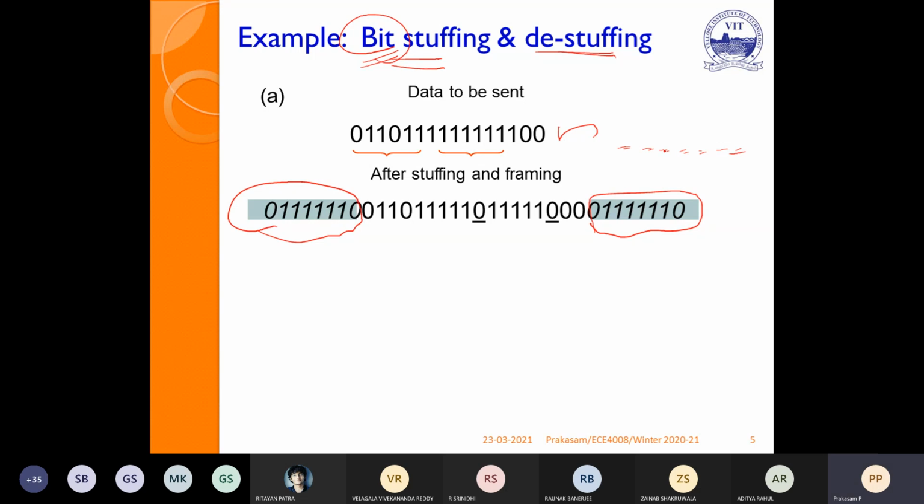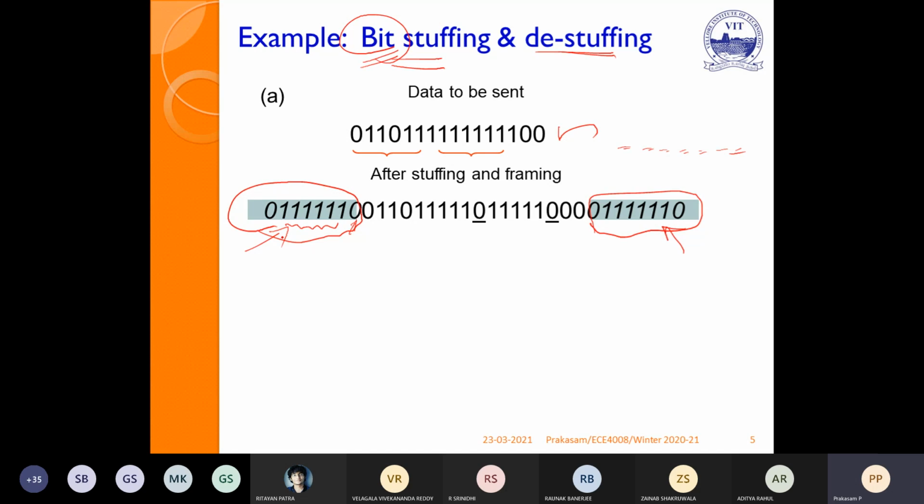So now we have to add the frame boundaries, and we will give the respective rules. Here the rule is given: after 6 consecutive ones, just add the 0. That is nothing but the boundary.